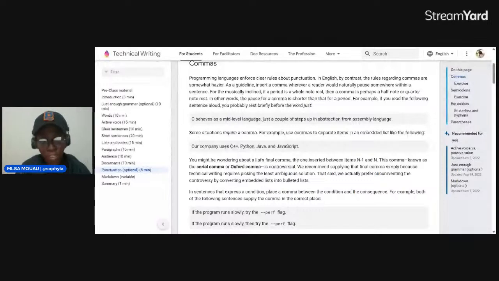It says that some situations require a comma. For example, the use of commas to separate items in an embedded list, just like this. Our company uses C++, Python, Java, and JavaScript.